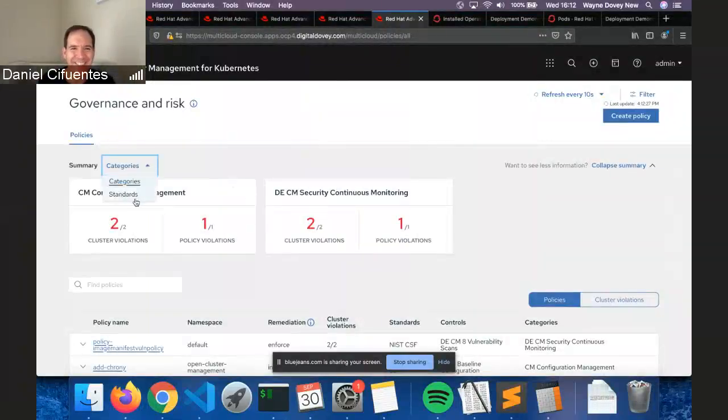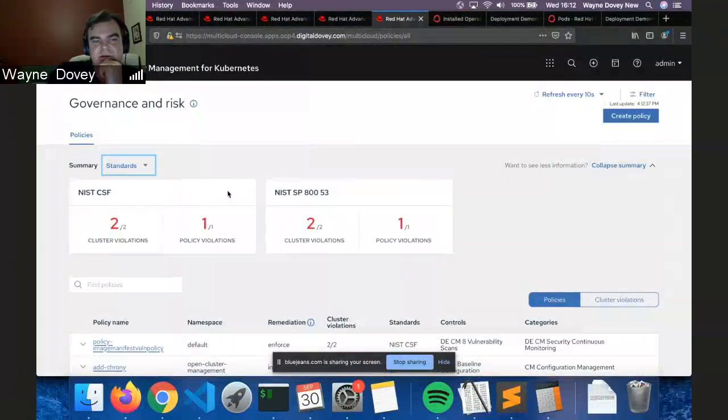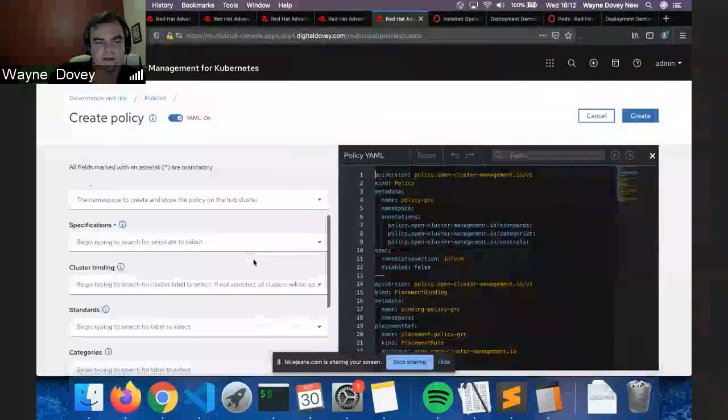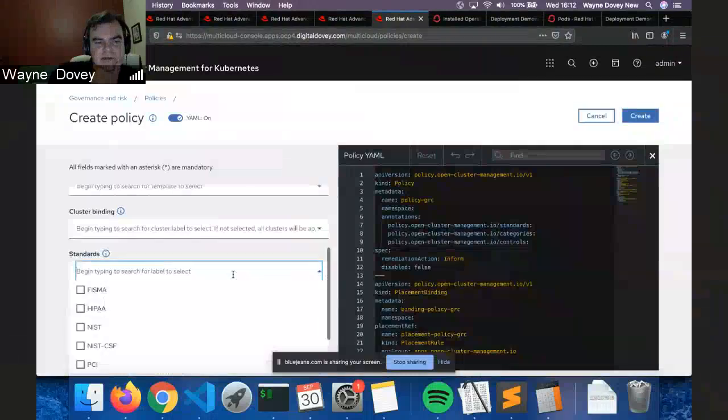Absolutely. So just to go back to the standards thing. You're able to implement an actual policy and standard. And you can see in this example, we've got NIST, which I think is the US government policy. But of course, you can create a policy based on something like PCI, which is quite more widely used, and CIS, for instance.